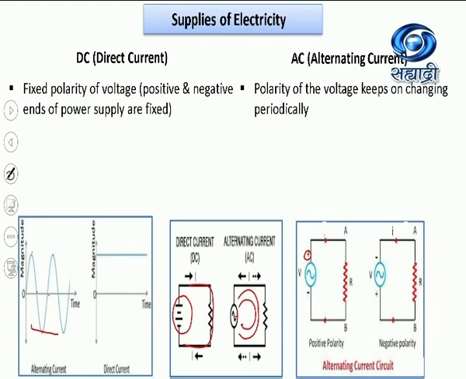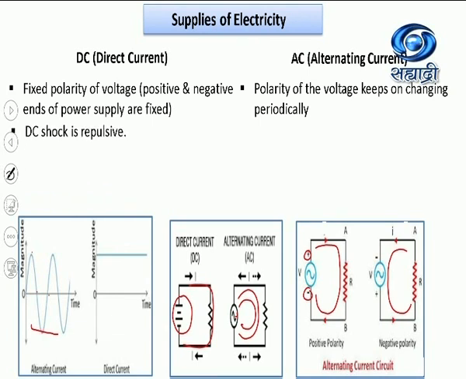Although the positive and negative signs are shown at the source, when we draw a diagram, usually we don't show them. Here I have just shown them for you to understand that in the positive half cycle, current flows in one direction. Here the current is flowing in the anti-clockwise direction. And in the negative half cycle, current is flowing in the reverse, that is clockwise direction.